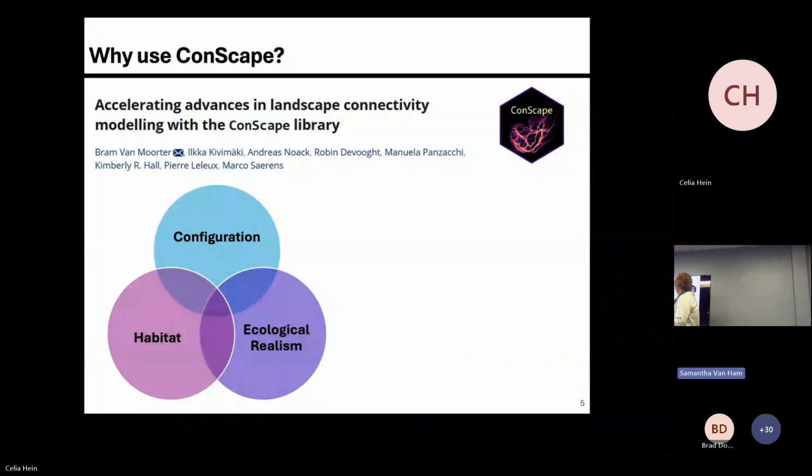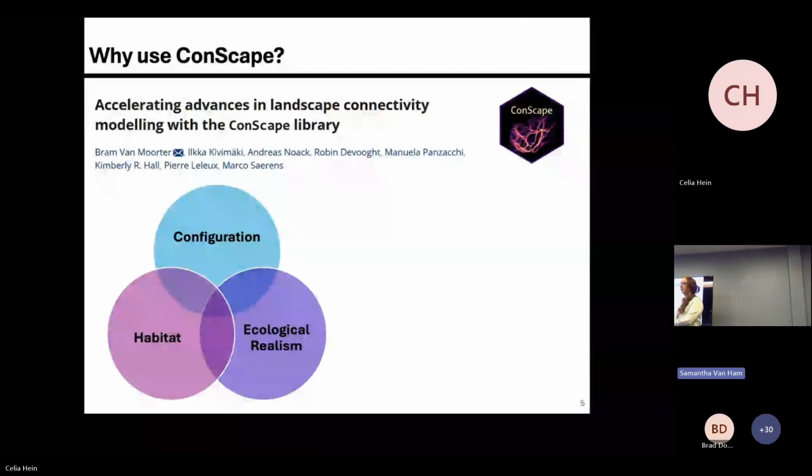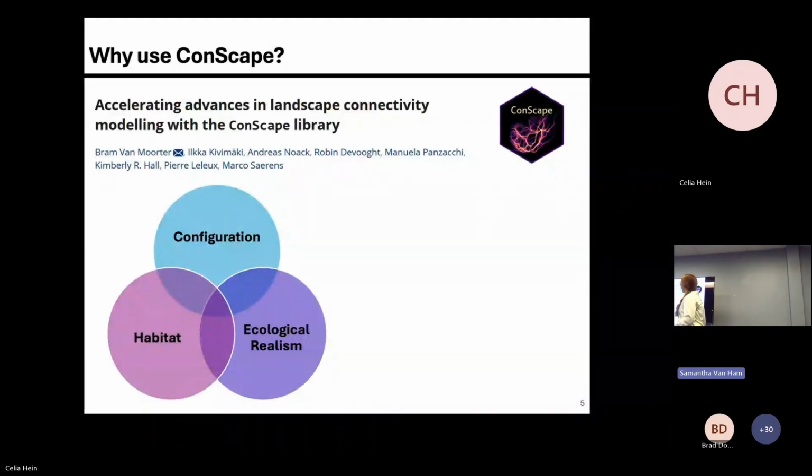Some of them are more biased towards the habitat side of things, like the equivalent connected area that we've heard about, and some are more sensitive to configuration, like current density modeling. I think ConScape is a really good balance between those two things, as well as including some aspects of ecological realism, like the movement behavior, the path generations, as well as the distance scaling that make it a little bit easier to interpret in some ways, as well as